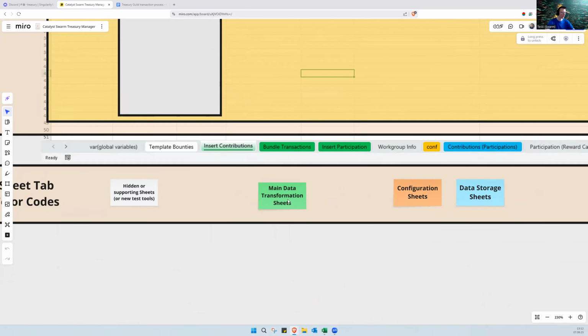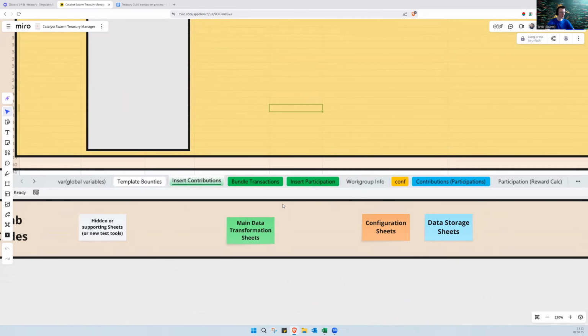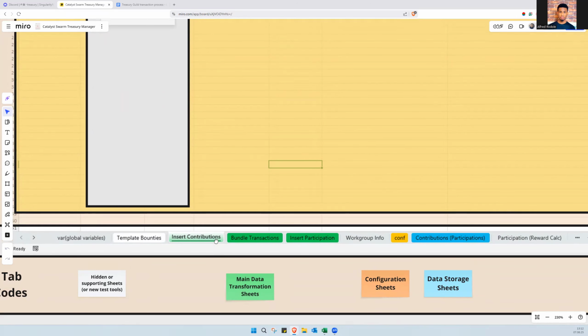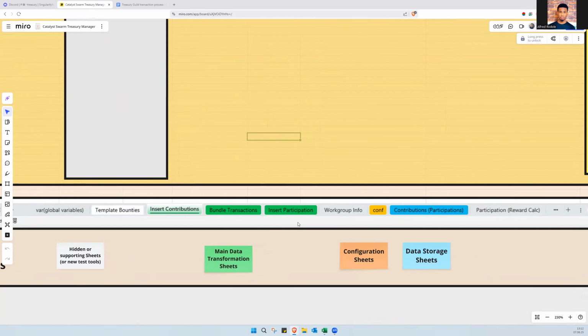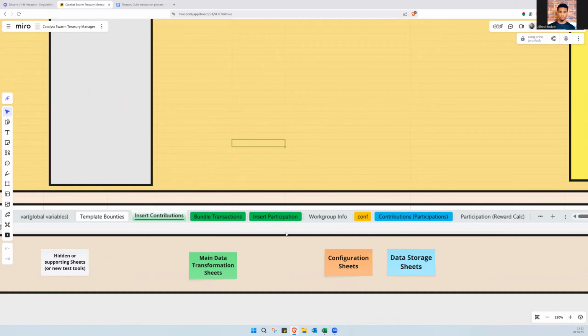Then the green ones are main data transformation sheets. So basically the main tools we're using, for example, insert contribution where we insert contributions, bundle transactions where we generate bundle transactions, and insert participation where we insert participation. And at first we had them as the same thing, like insert recognition, but there was a clear need